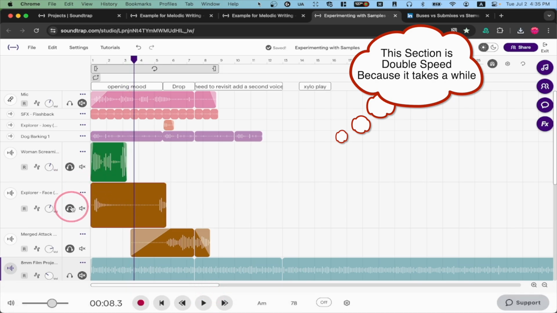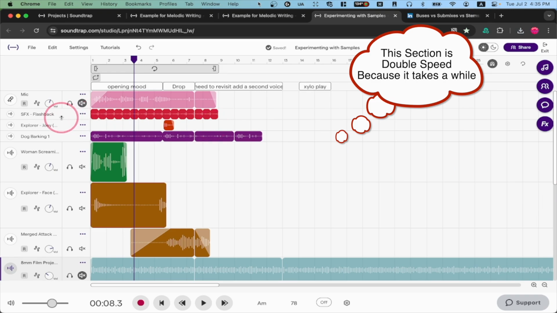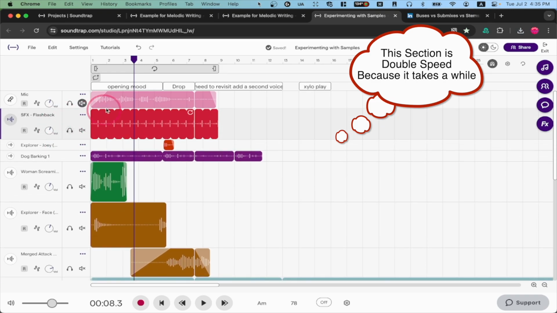Also, you can tell I'm making some strange music. There's some screaming and stuff involved. I'm trying to see how far I can go with electroacoustic sounds in Soundtrap. This piece isn't really done, but